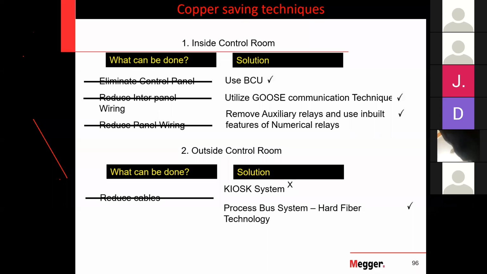Relay is actually doing the work of a doctor. Whenever a fault occurs, it will identify the fault and it will trip the system. Whereas IEEE C37.118, this is called a synchrophasor. What it is going to do is, it will understand the system and give you some anticipated clues. Like for example, two lines are there, line 1, line 2. Line 1 suddenly tripped for a fault. Now relay will identify line 1 as tripped.